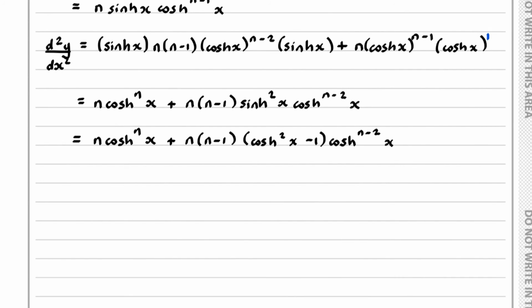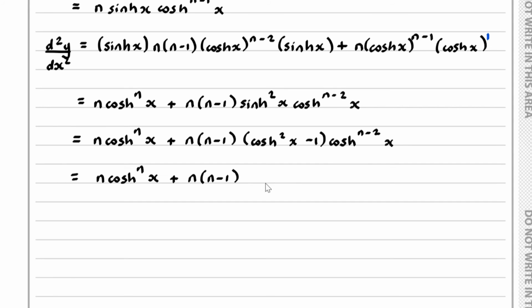And now if I expand, what we have is n times cosh x to the n plus n times n minus 1 times,